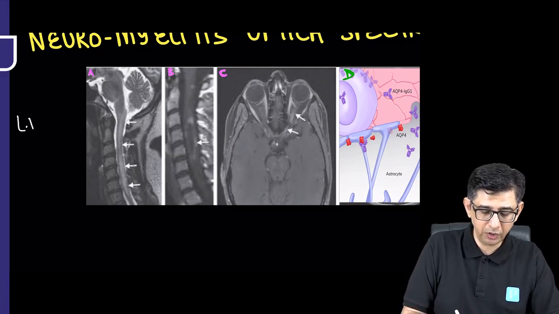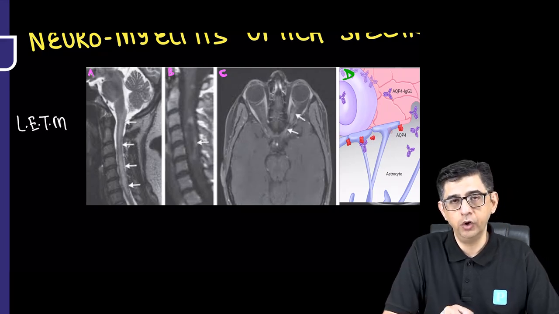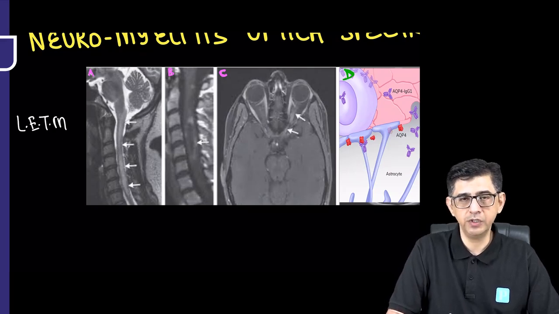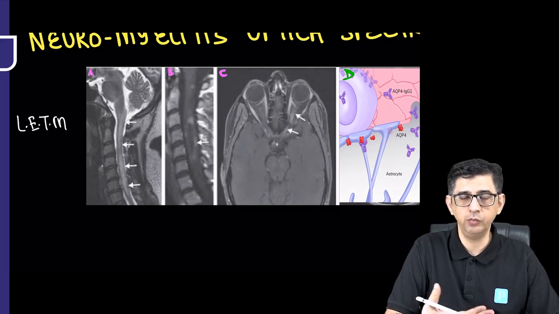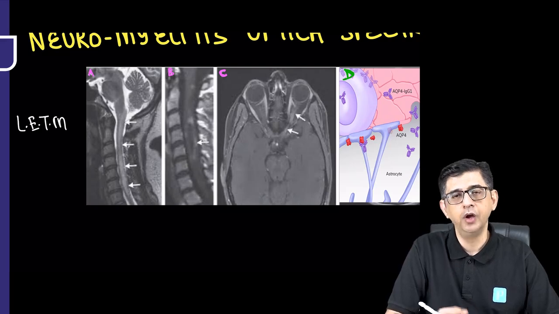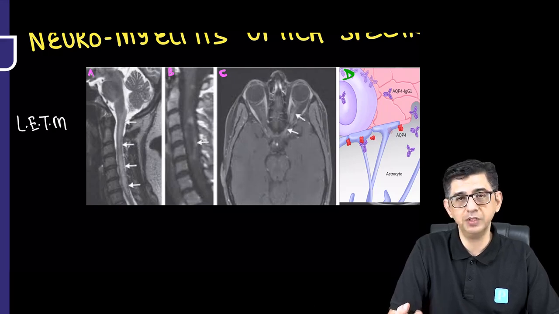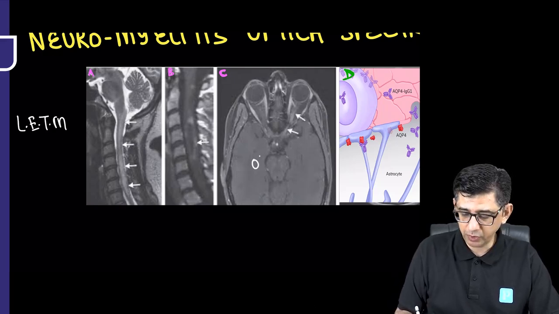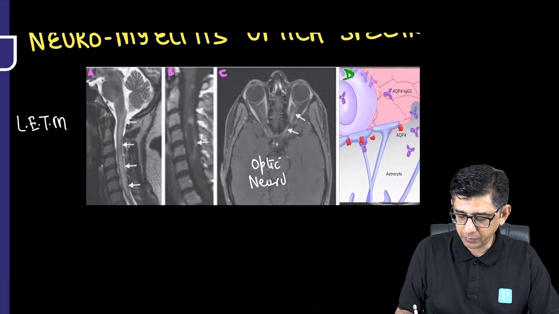And therefore, another keyword in the question over and above bilateral optic neuritis would be longitudinally extensive transverse myelitis. The definition of this I will write subsequently, but I'm saying verbally at the moment would be at least 3 or more contiguous vertebral or 3 or more contiguous spinal cord segments getting involved in these patients. Apart from this, obviously the MRI would give us evidence of optic neuritis,